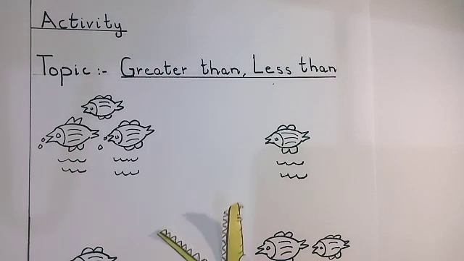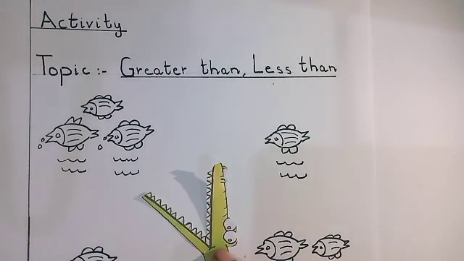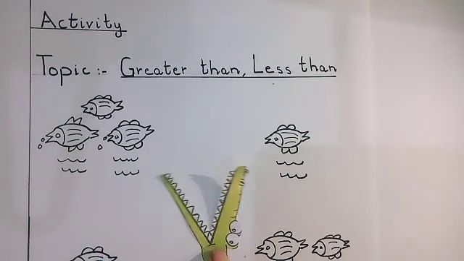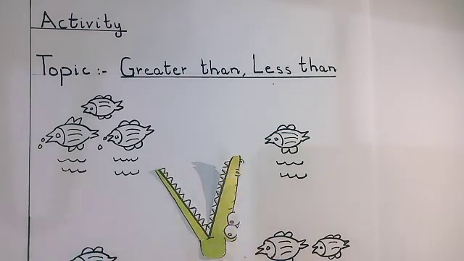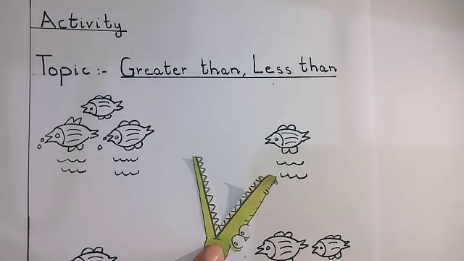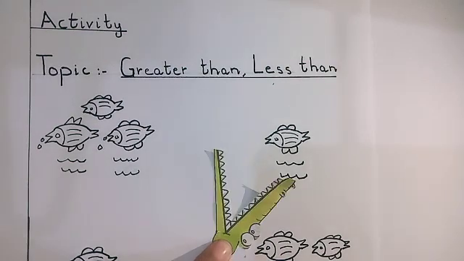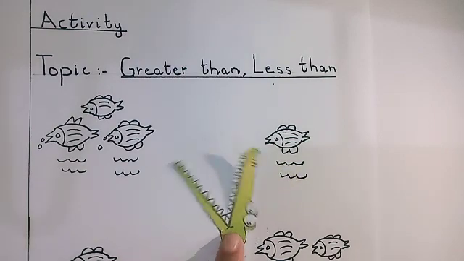Now look here, what is coming here and looking at both sides? What is it? This is a croc's mouth. This crocodile's mouth is looking hungry. He is very hungry. He wants more fish to eat. Look at this mouth. He is looking at both sides. Where will he have to go?